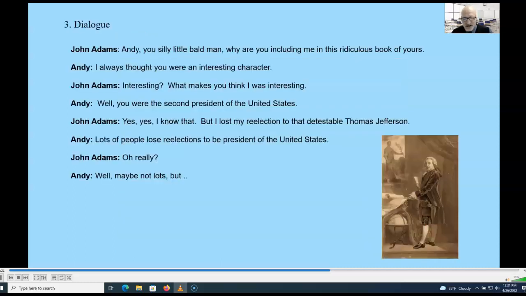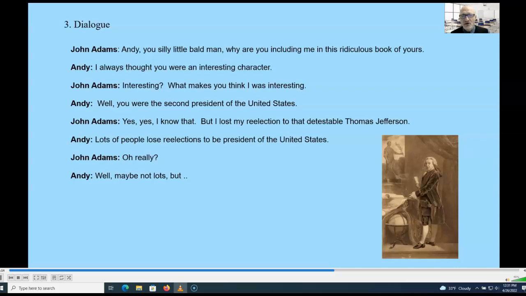And the third activity is dialogue of a famous person or another person. And this is best done in pairs initially to create the dialogue. Creating dialogue is best when you actually have the conversation with another person. Write down the conversation, write it out. And it's okay to be silly with this.